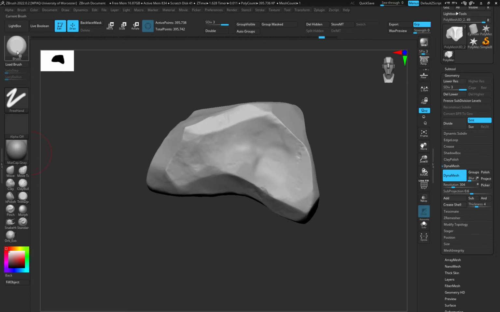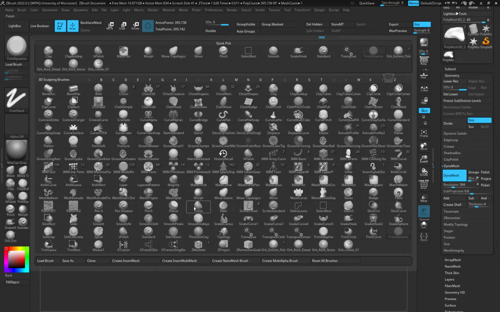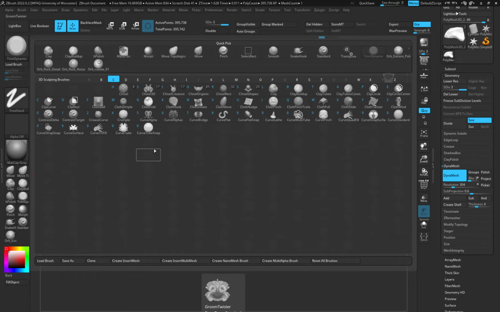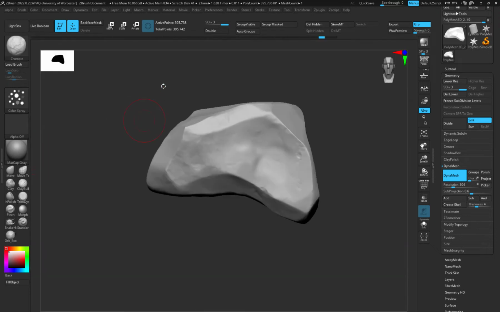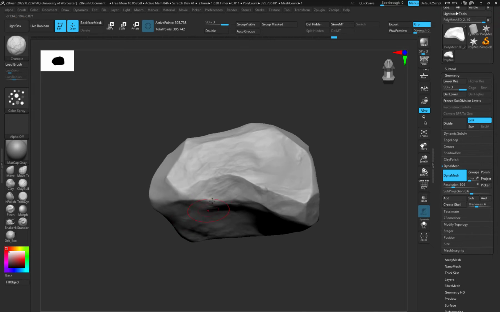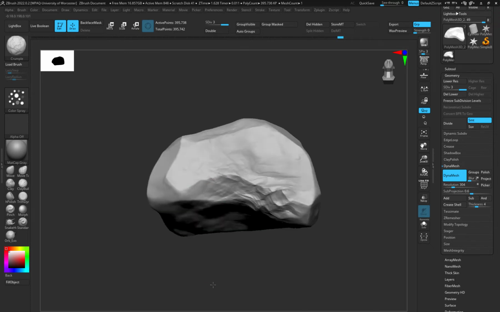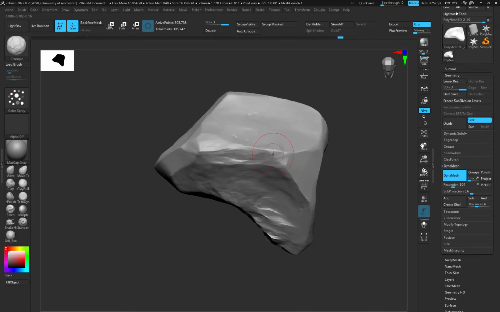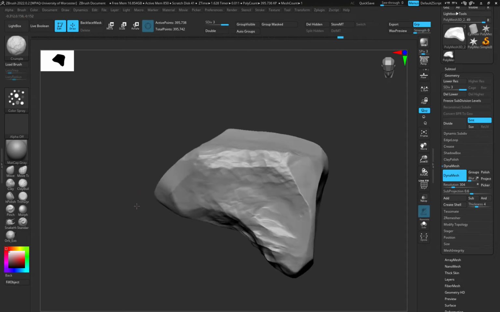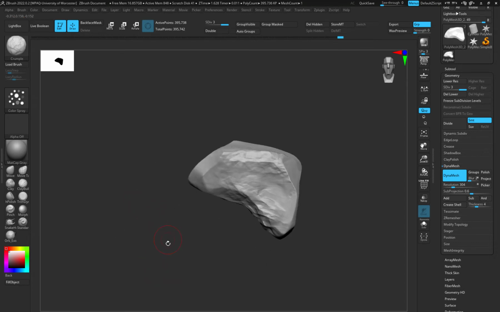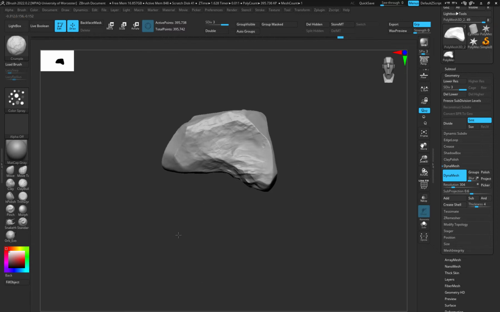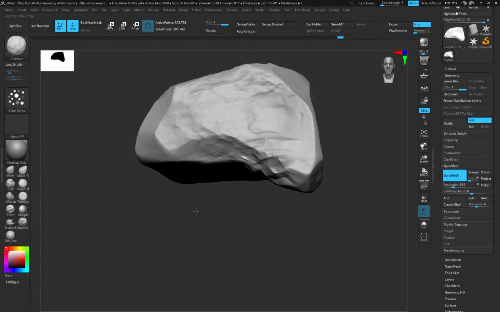Another thing that I like actually is coming in and looking at the crumple. Where are you? Crumple. This can be quite nice. If I drag up and down, it will give me this nice crumpled separation of the rock. And it can be good to break up those edges. So if we do that, it's giving us this nice rough crumpled paper type effect. But then when you do that and then combine it with the trim dynamic,